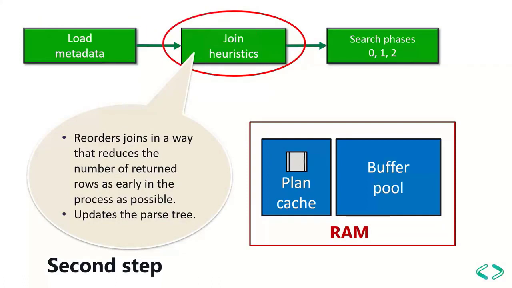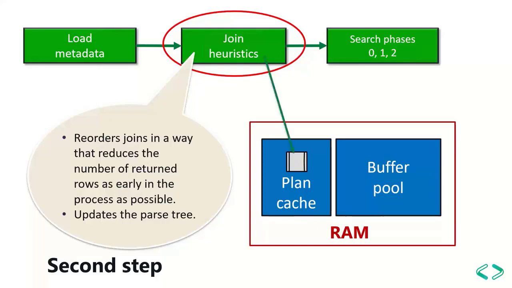Now, in the previous slide, I discussed this logical join order thing, but let me explain it here again. For example, if we have a select statement with a 3-table join in it, and the join between A and B will filter out like 70% of the records from the result set, and the join between B and C will filter out around 99% of the records, then the optimizer will reorder the join in such a way that it pushes the join between B and C to the front of the statement and the join between A and B to the back. The optimizer does that because it wants to grab the results as quickly as possible.